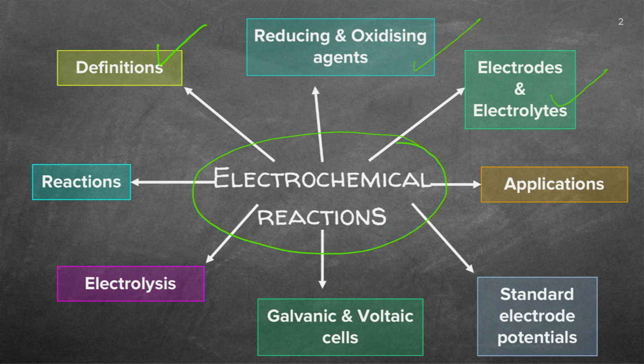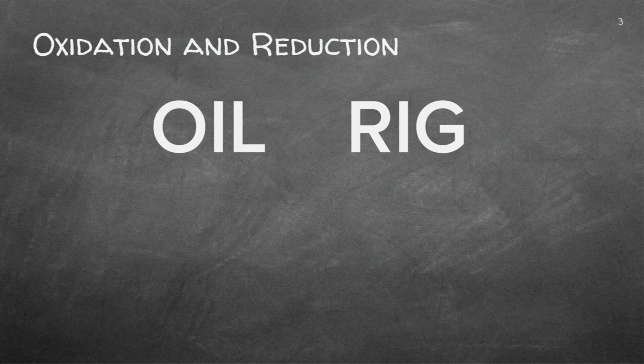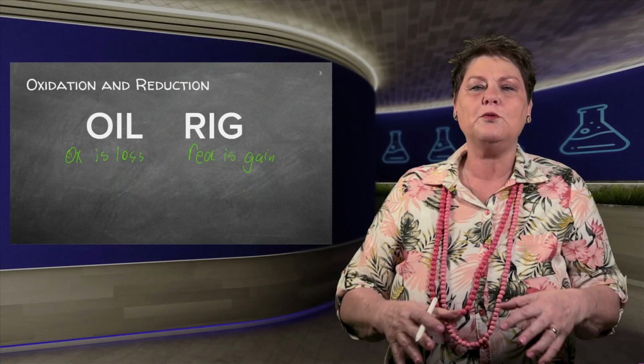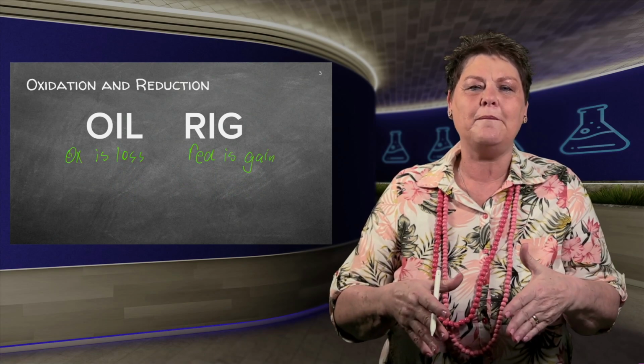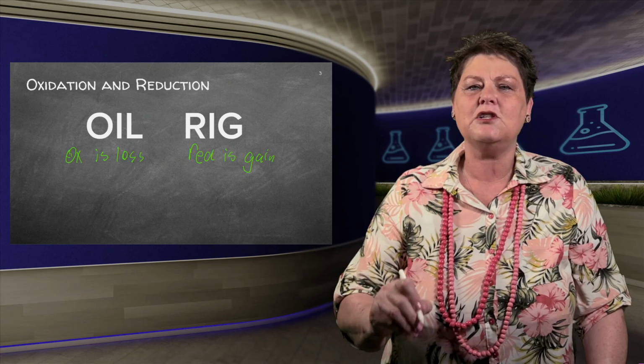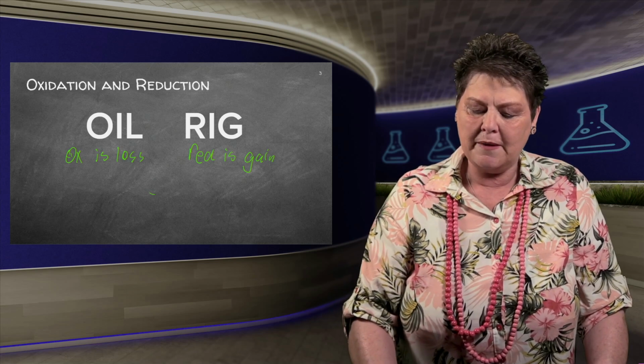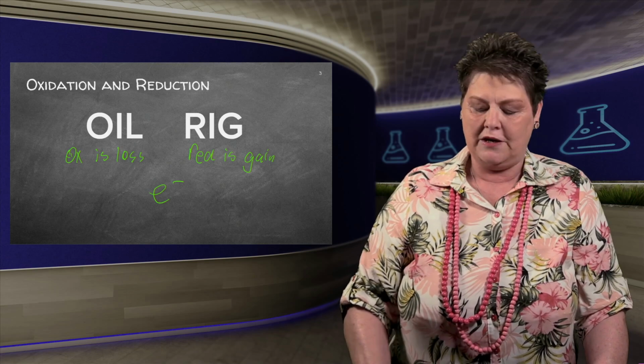We'll do the galvanic cell again when we compare that with electrolysis, but we're now going to focus specifically on the half reactions. Remember, oil rig: oxidation is loss and reduction is gain. That's crucial that you always, when you work with these questions, put these words on your exam paper. Write down oxidation is loss, reduction is gain, and remember we're working with the transfer of electrons.